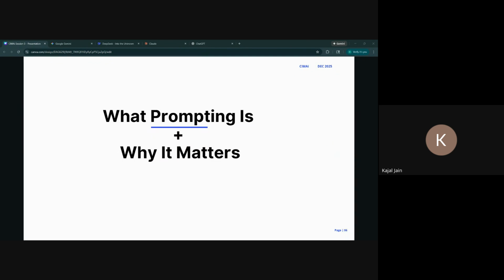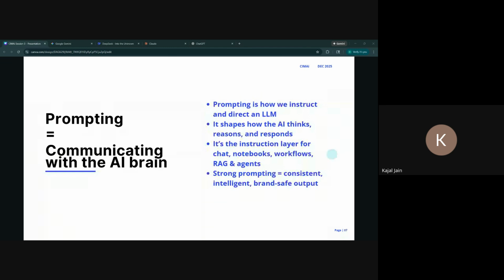Moving forward, we have what is prompting and why it's important. And it's important to understand this because it's really misunderstood sometimes. I want to start off by clarifying that prompting is not typing a sentence into an LLM, for example, saying something like, compare this, or tell me about XYZ.